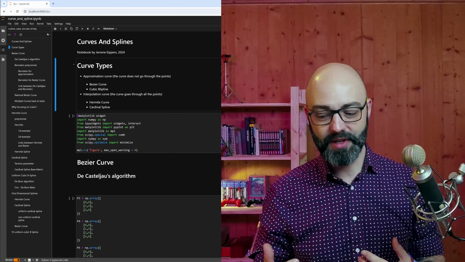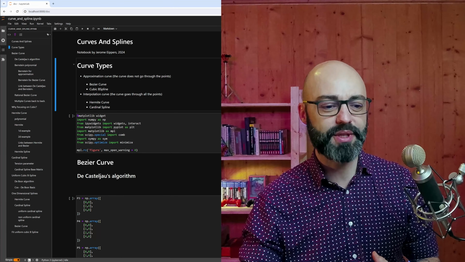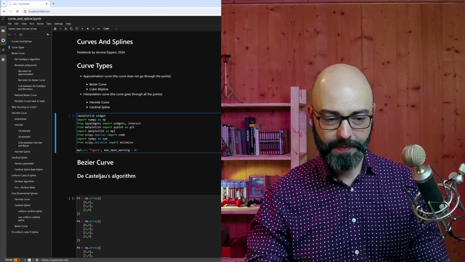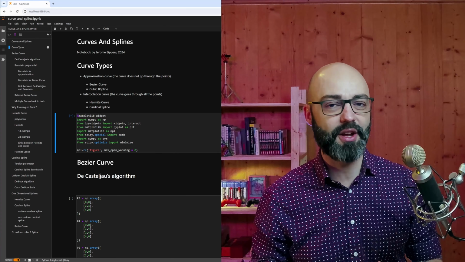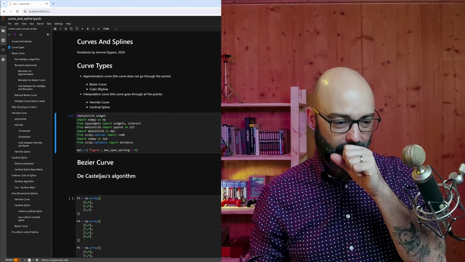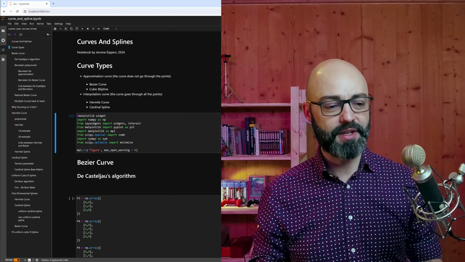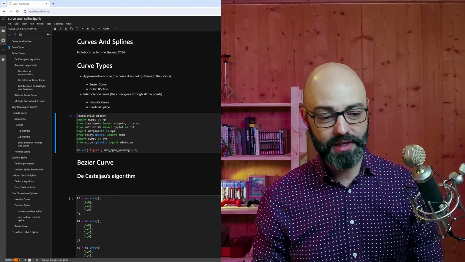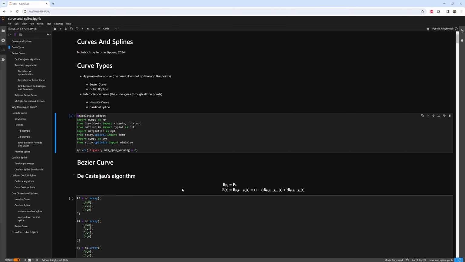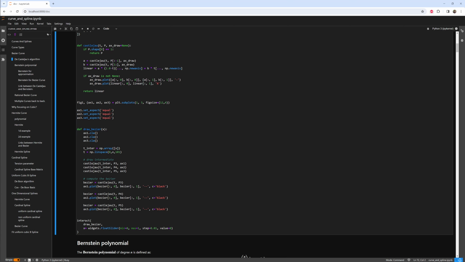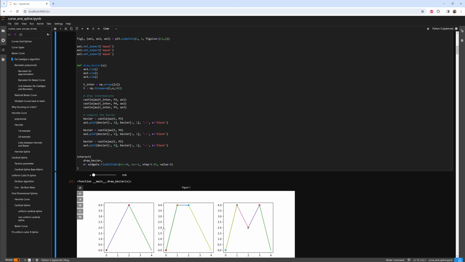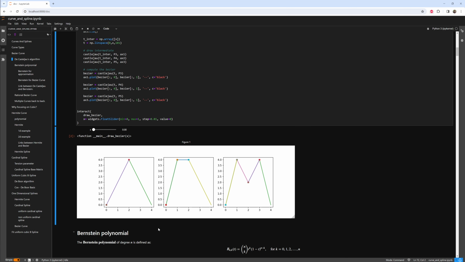The Bezier curve is the most known one in the industry. When we talk about animations, usually the Bezier curve is the one you encounter first. And we will be studying the Bezier curve through the Casteljau algorithm. First, before going through the mathematics and all that kind of stuff, I will actually show you what it is and how it works, and then we can see what the mathematical